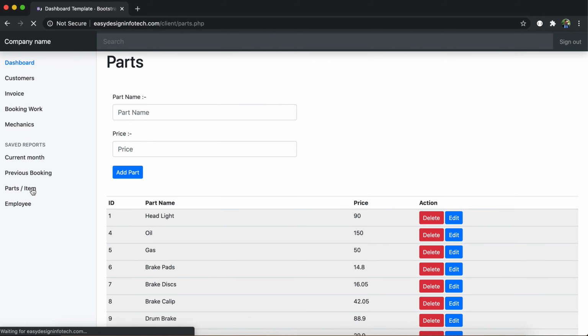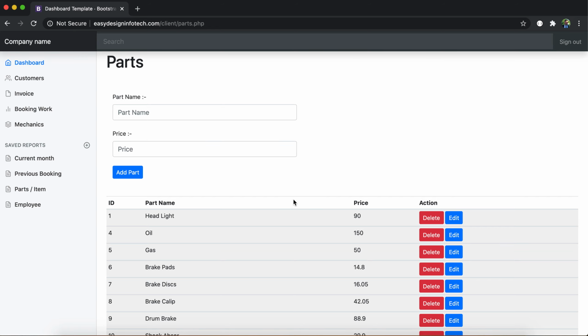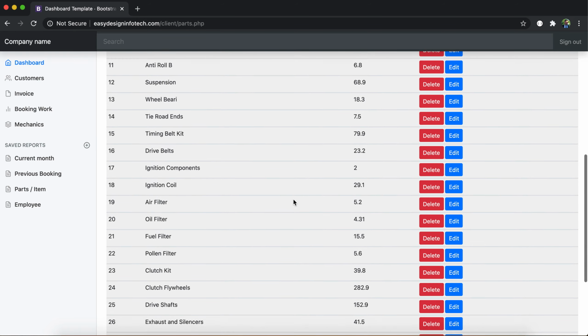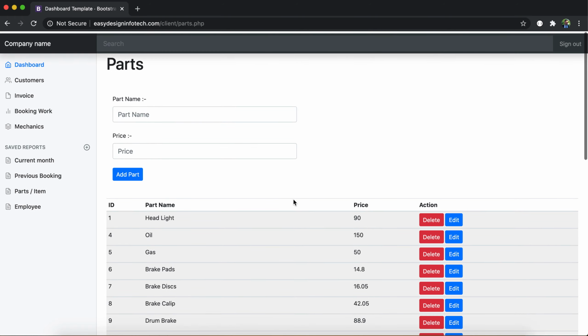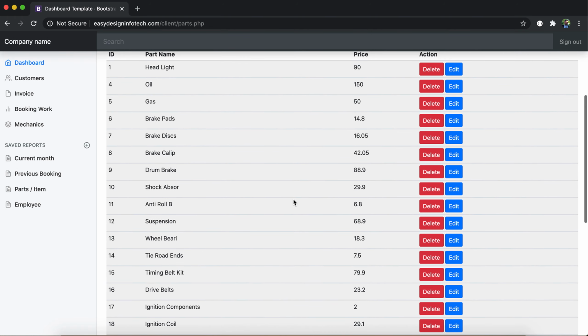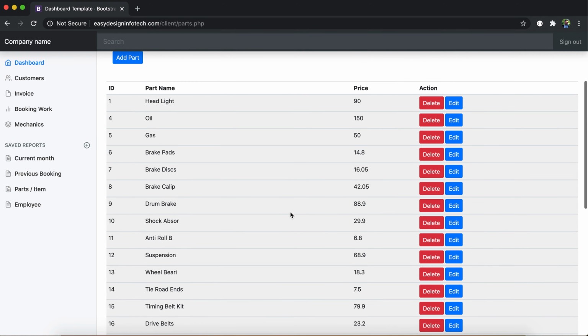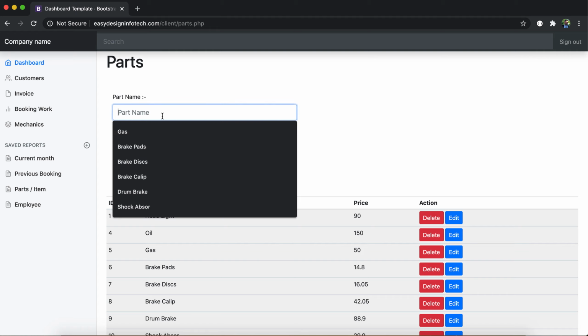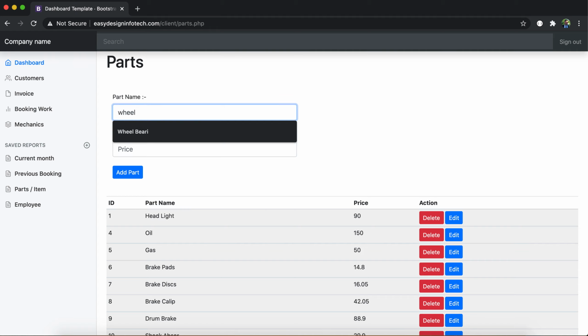And the last one is parts. There are some parts that Ger can use, and Ger sells as well. You can edit the car part, and you can add a car part. Let's say wheel